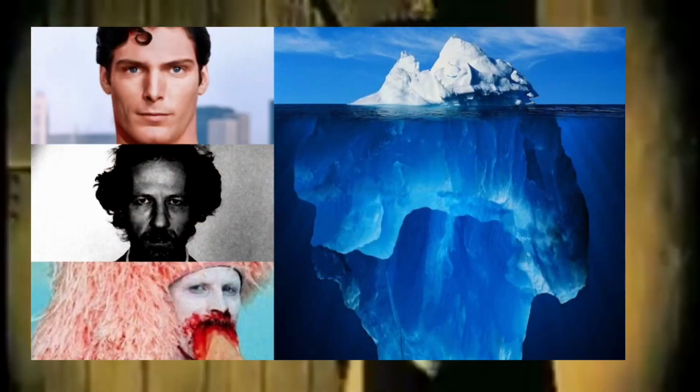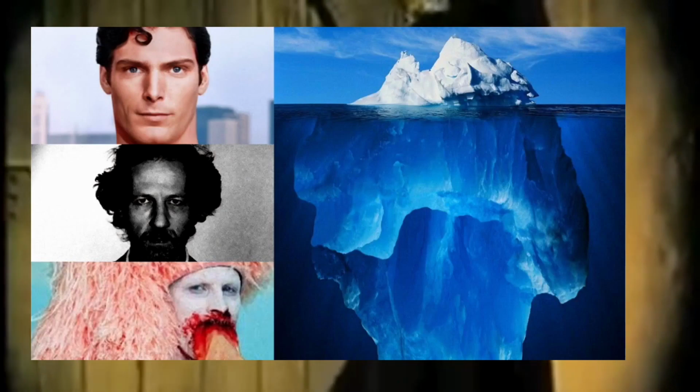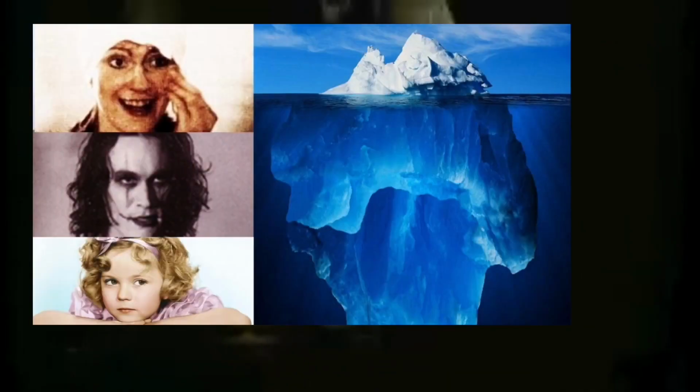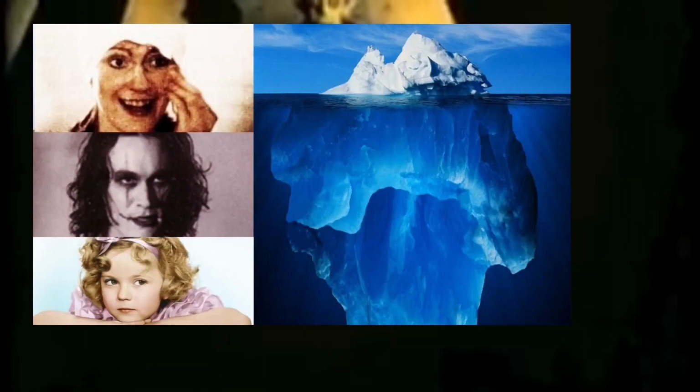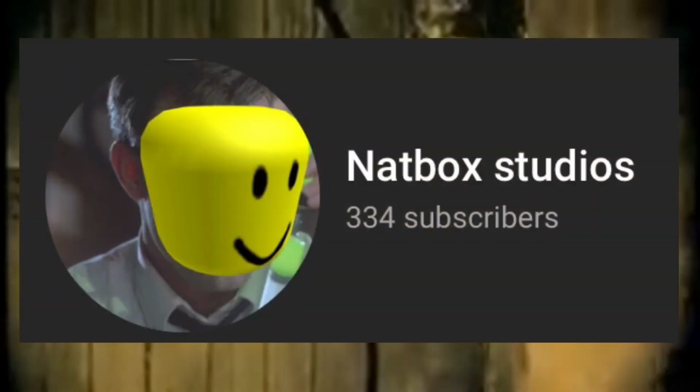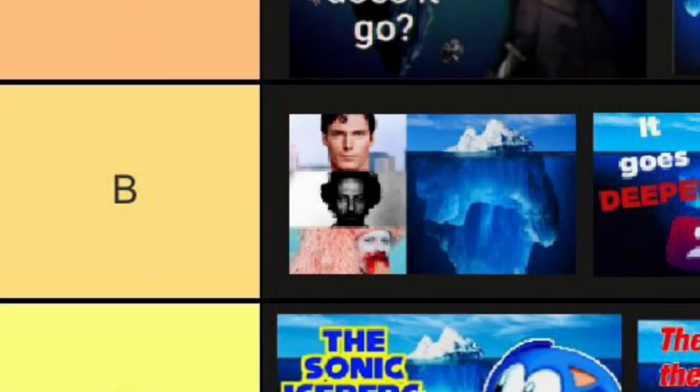The Film Myth/Urban Legend Iceberg Explained is a video by Zelcher Productions explaining an iceberg image focused on film myths and legends that aren't dark or disturbing, because he made an entire different video explaining an iceberg image focused on the disturbing stuff. There's a part in this video where he shows his subscriber count on screen and it was like 200 or something, and now he's at like 10,000, so I'm gonna steal that idea. Right now I'm probably gonna put this one in B tier, but if the showing off your low subscriber count thing actually works, then this one will move all the way up to S tier.